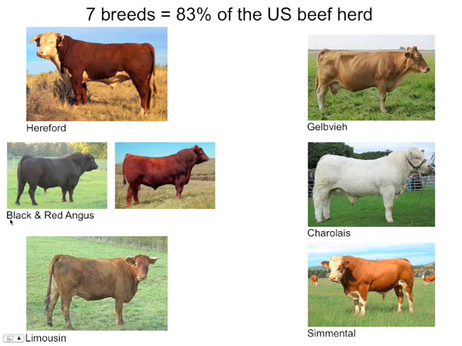There are a few others that are common in the United States, often used for breeding with Angus or Herefords to give particular characteristics. Interestingly, these are mostly named after the regions where they were first bred: Limousin, Simmental, Charolais. The Limousin and Charolais developed in France. The Simmental developed in Switzerland. The Gelbvieh, or yellow cow, developed in Germany.